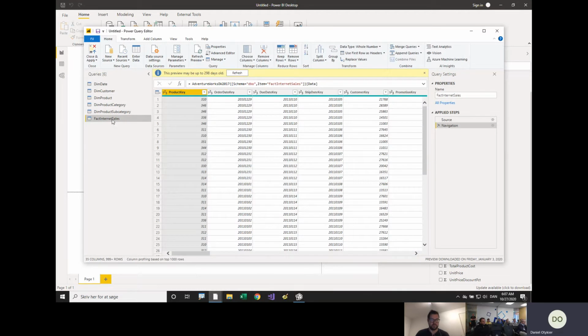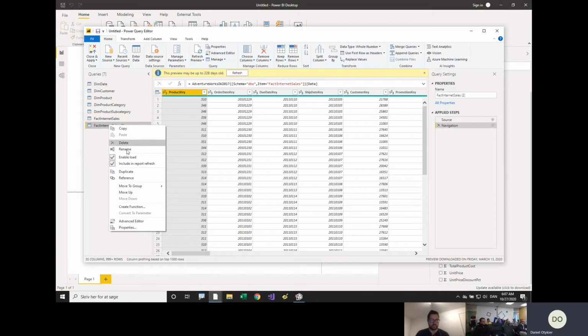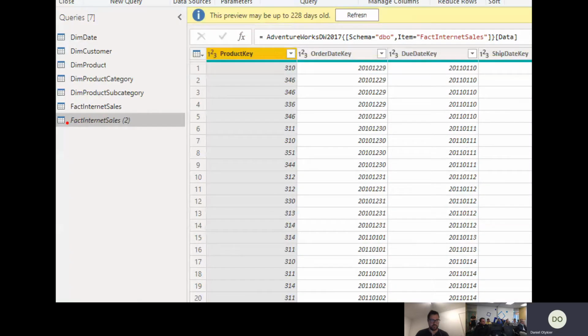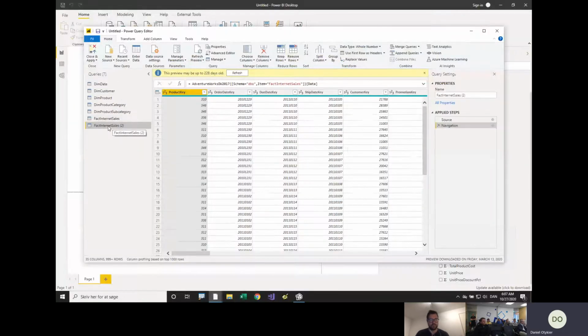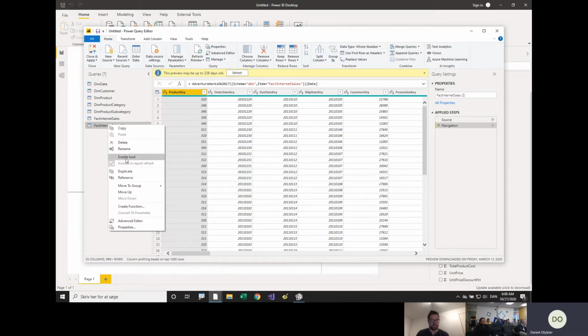But the thing is with Power Query, it's actually possible to define additional queries which are not loaded into the model. So I could disable the load and you'll see the name of this query now appears in italics. In this case, this query will not be loaded into my tabular data model as a separate table. This could be useful if you have some queries that contain some logic that you want to reuse across several tables. Then you disable the load on one of your tables here, and then you are able to reference it